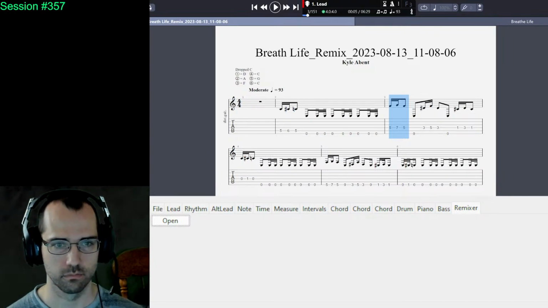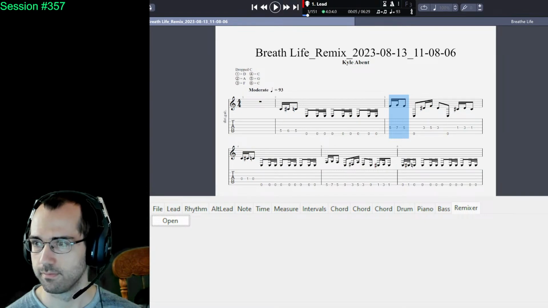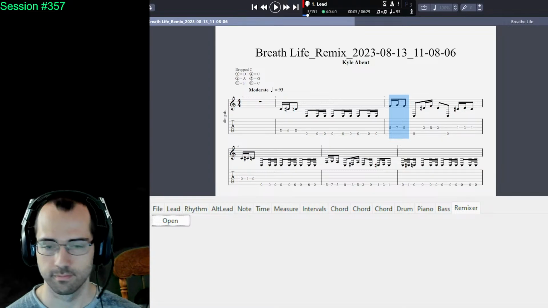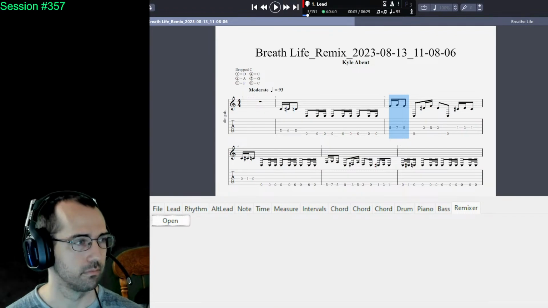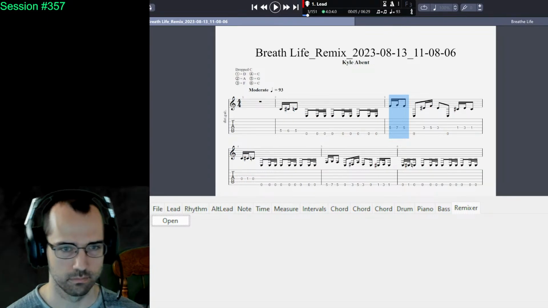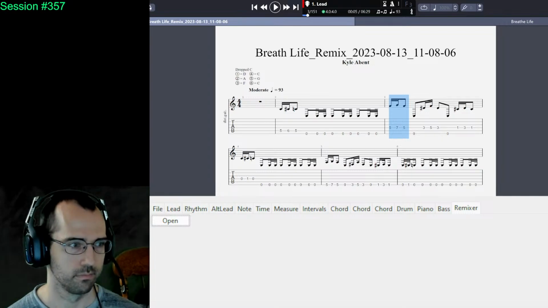You're appending the measure object to the remixed _song list. The key here is to make sure that the pre-processed _song tensor has the correct shape and structure to match this logic. If pre-processed _song is a 2D tensor where each row represents a measure and each column represents a different attribute, example note _strings, note _frets, etc., then this code should work. However, if the structure of pre-processed _song is different, you'll need to adjust the code to match that structure. Without knowing the exact shape and content of pre-processed